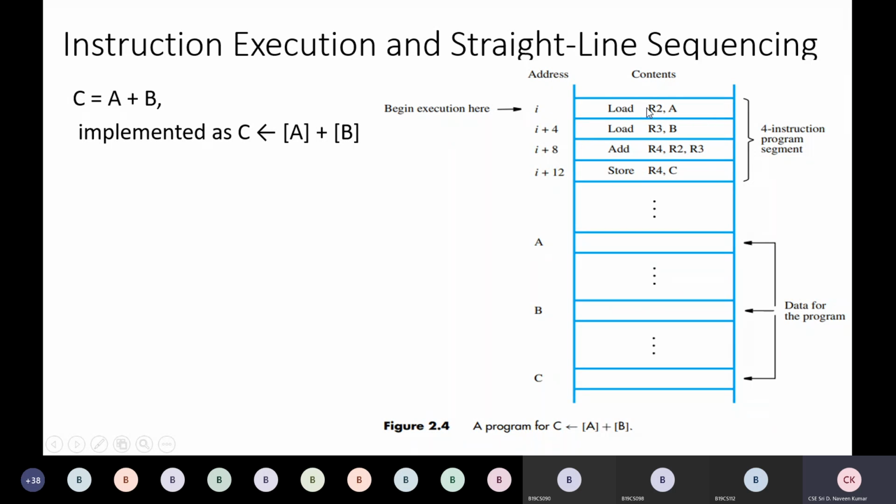In the word, the entire instruction is loaded. Another question. Before loading this, first assume I don't have it. This is the main memory. You can see here A, B, C, the operands are stored. Data for the program, operands A, B, C, because A, B, C are the variables, the data is stored here. Assume I don't have any instructions, I erase all 4 instructions. My main memory is empty here. This is the main memory which is empty.